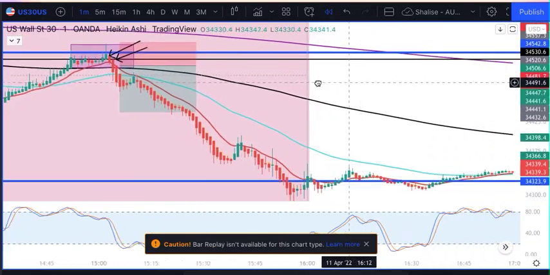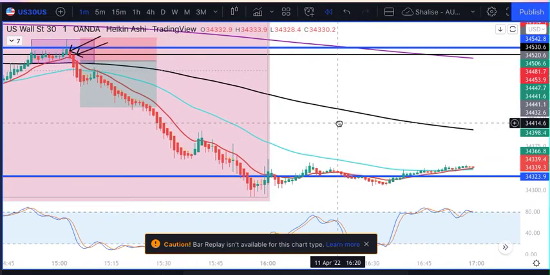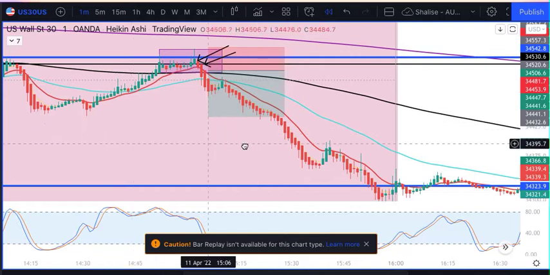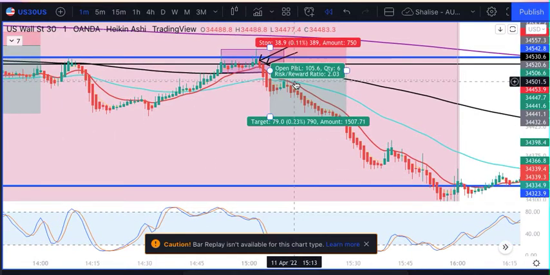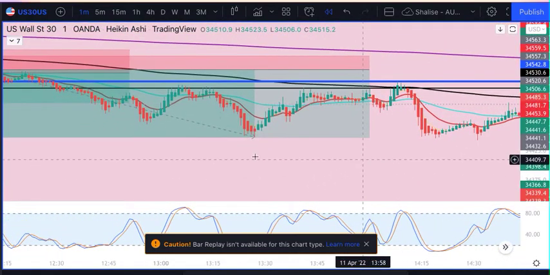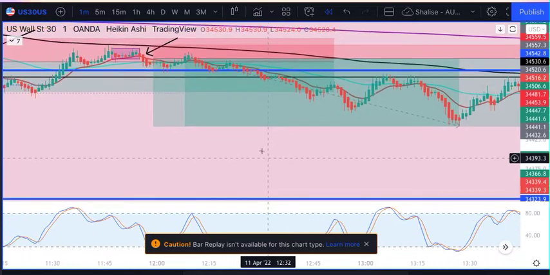And after that, did we get any more entries? No. So we're ending the day in consolidation here. It's 5:48 my time. But this was one entry. And these are conservative entries. One entry for a 1 to 2. Okay, we had another entry here